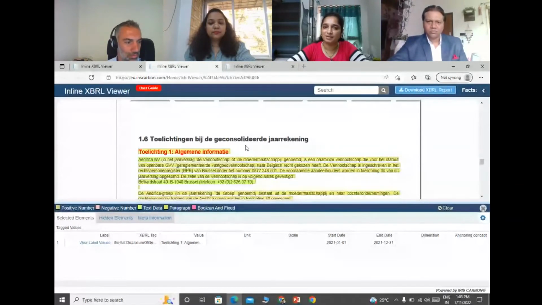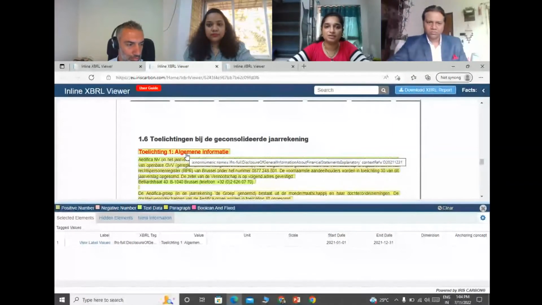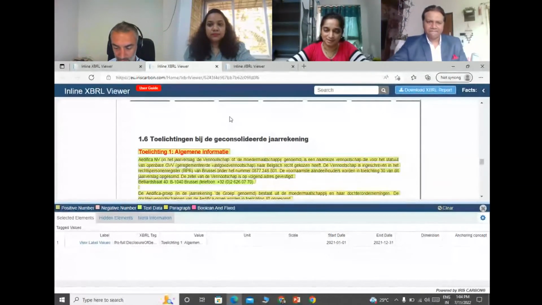One most important thing, there might be a question from your side. The mandatory tags also come in the part of the notes to accounts, how to deal with this? So the mandatory tagging will be done previously, and after the mandatory tagging of the elements, the block tagging of the notes will be taken over. Although you can see that there are overlapping highlights, you don't have to worry. Each of the tags are retained. Each of the information is appropriately displayed and reflected in your XBRL and iXBRL documents.